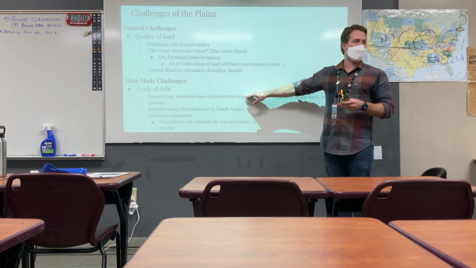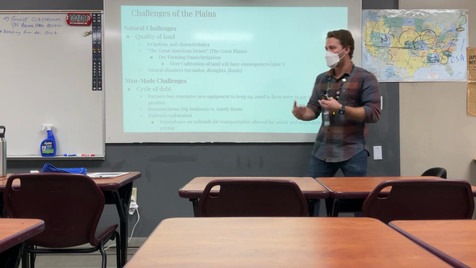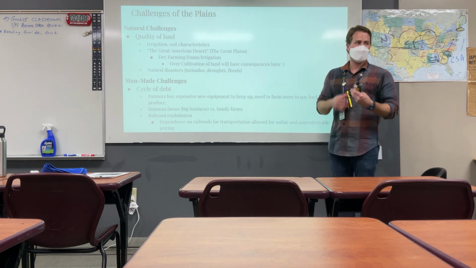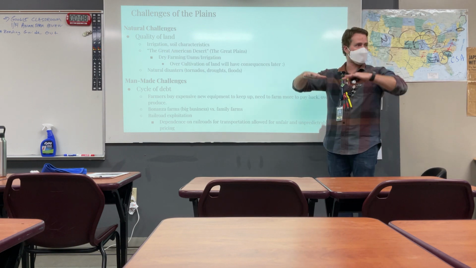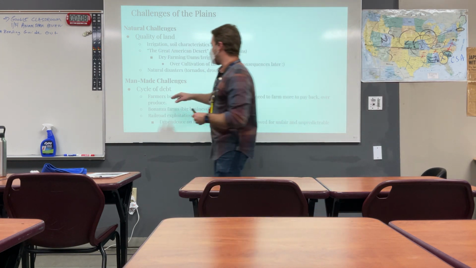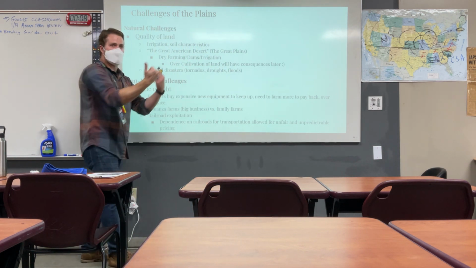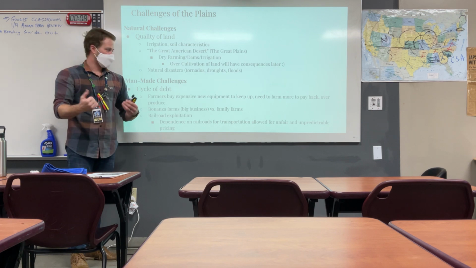And then when you owe a lot of money, what do you do with your crops? Do you plant more or less? More. And when you plant more, then you're overproducing. And then in that way, sometimes you drive prices down because you have too much of it, supply and demand. So because farmers have bought expensive goods, they need to plant more to pay their bills, but then by planting more, they drive their own prices down. Not great.